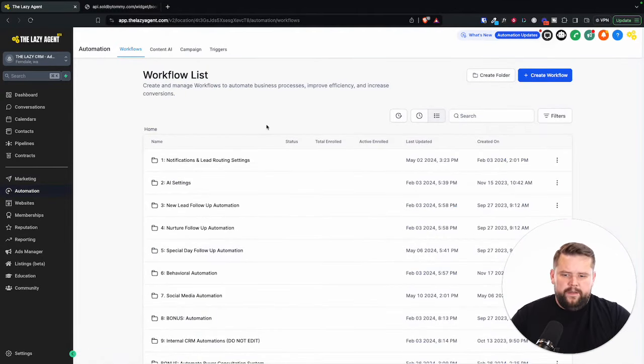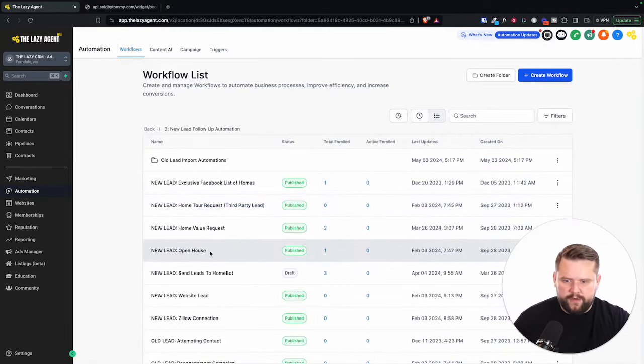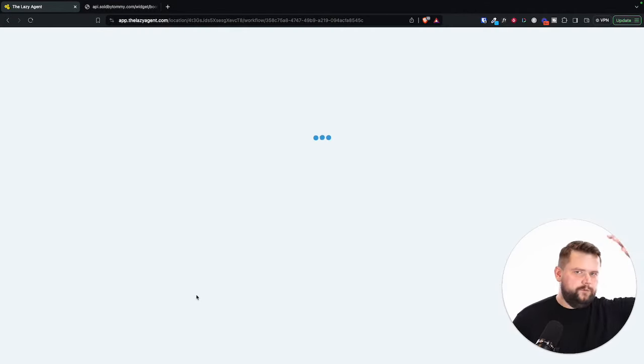Automations are the lifeblood of Go High Level. Go High Level would be absolutely worthless, in my opinion, without automations. Automations are everything that you use to run your business. Think of it kind of like Zapier or Smart Plans or Smart Flows or drip campaigns and a ton of other stuff all in one. So for example, under new lead follow-up, of course, you can have a simple drip